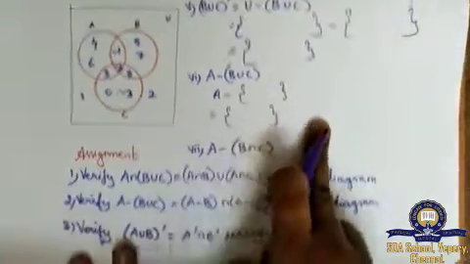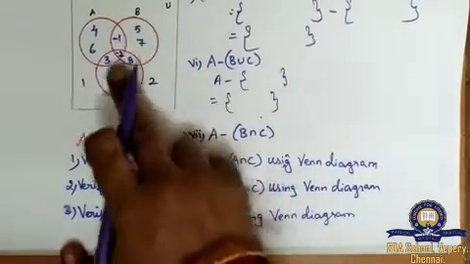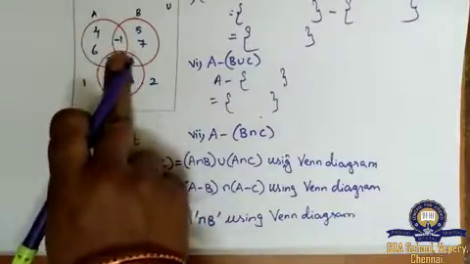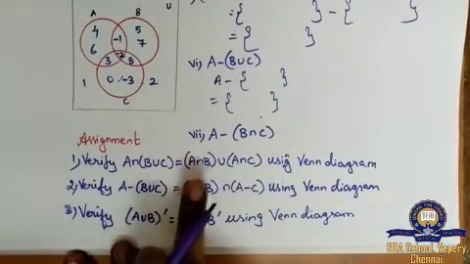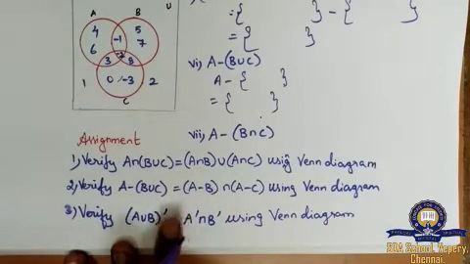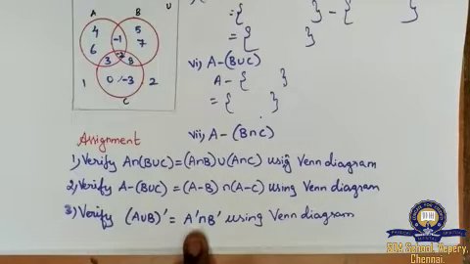This is your work. Then A minus B intersection C, same method. B intersection C is minus 2, 8. Then A, you know what A is. Then subtract and get it. Assignment: this is the using Venn diagram part. You have to do it. I have used only one property of the Venn diagram. The other property you have to do, finish it and submit it to me through your class group.